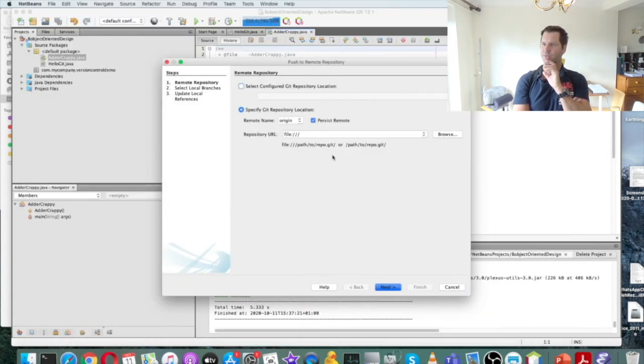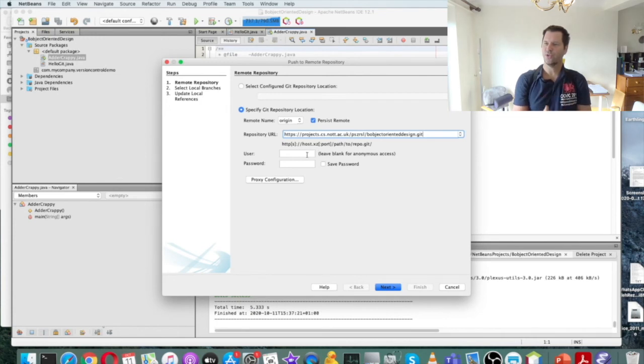And there it is, the repository URL. And now I'm entering my username and password for the GitLab server. And I say save password,